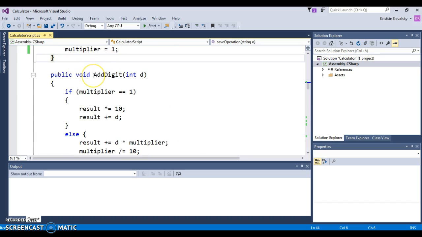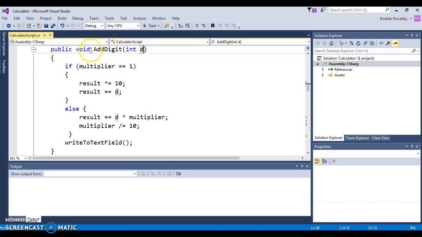Moving on, I have the add digit function, which takes an integer, I call it b, as input. This function starts by checking if multiplier is 1. This means I'm working with whole numbers right now, and these two lines make the numbers. Let's say I have 5 on my display and I want 55 there, so I press 5 and then I press 2, and instead of adding these two numbers together, so 5 plus 2, which is 7, and that's wrong,